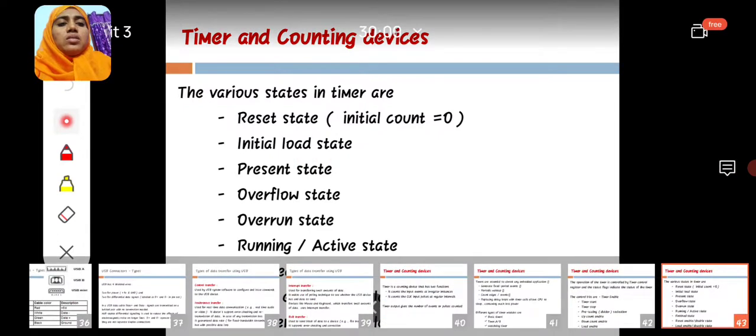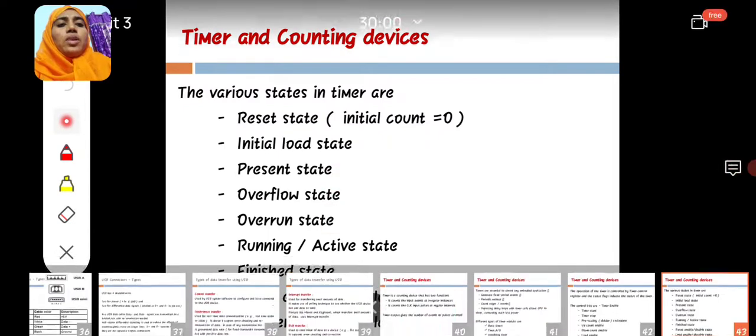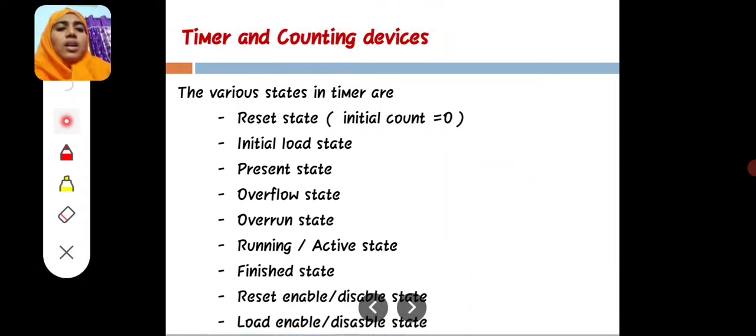We can start from 1, it is preset. Overflow state and overrun state, and running state or active state, whether it is in running state or in finished state. Reset enable or disable state, load enable and disable state. So these are the various states in timing and counting device circuits.